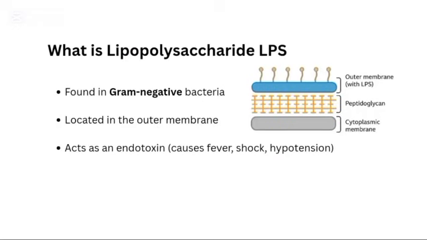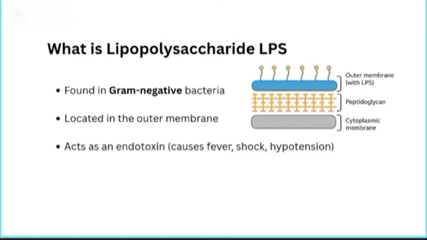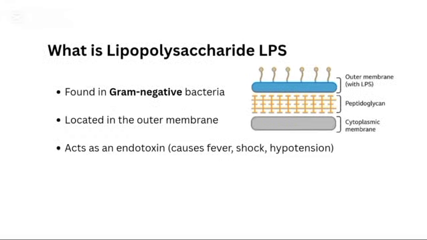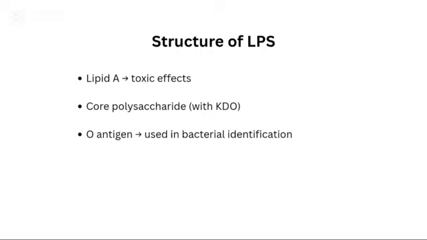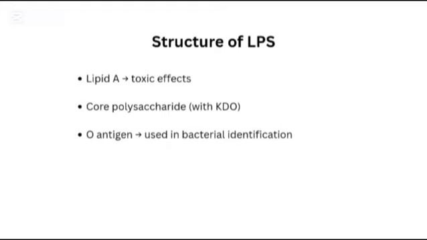Lipopolysaccharide is a component of the gram-negative bacterial cell wall. It acts as an endotoxin that causes fever, shock, and hypotension. Lipopolysaccharide is made up of lipid A, which has a toxic effect, the core polysaccharide, which is the 8-carbon acidic sugar KDO, and above that an O antigen that helps in the identification of bacteria through antigen and antibody interaction, like testing